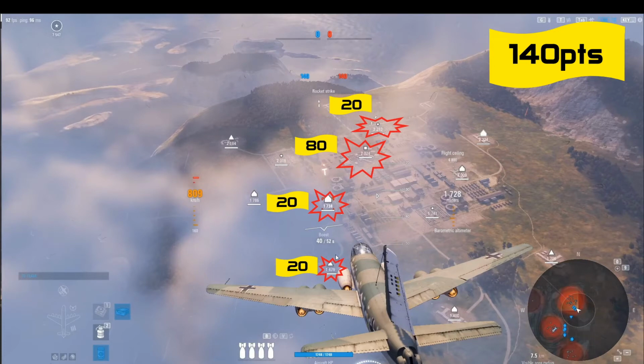The gun here is worth 20. The gun here is worth 20. The center missile base here area is worth 80, and these last tents are worth 20. So we add all those up, and we're going to get the 140 that we need. But to give you a closer look,